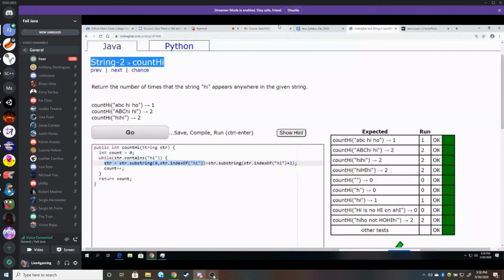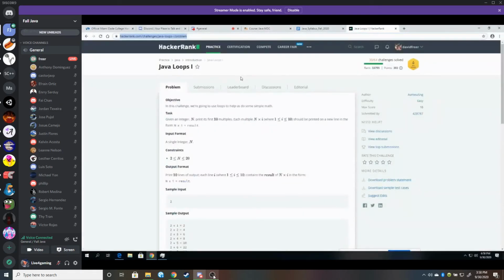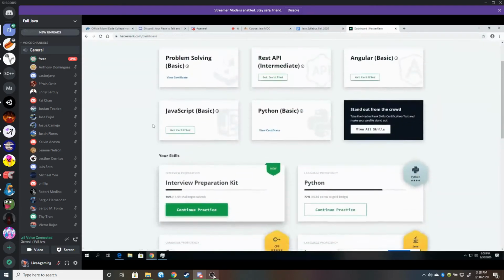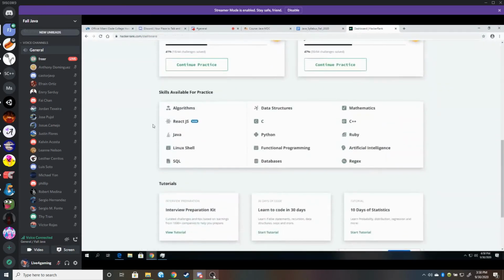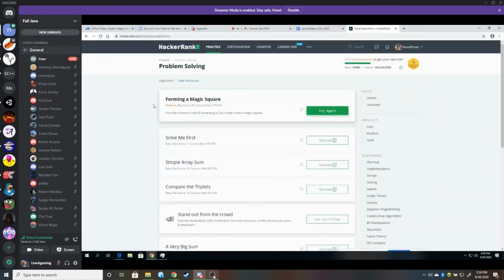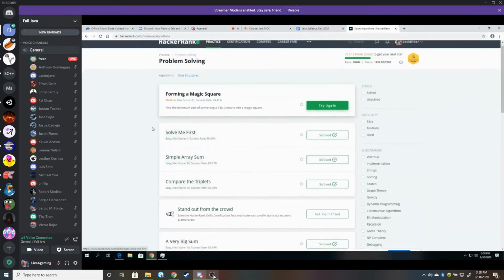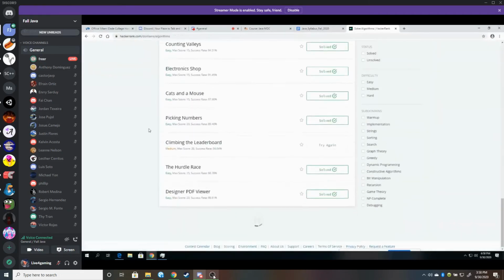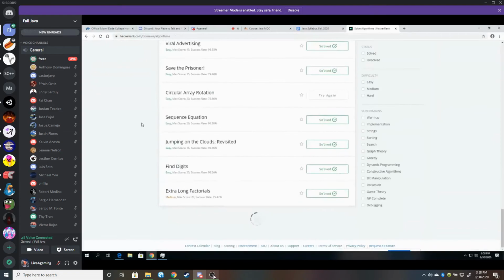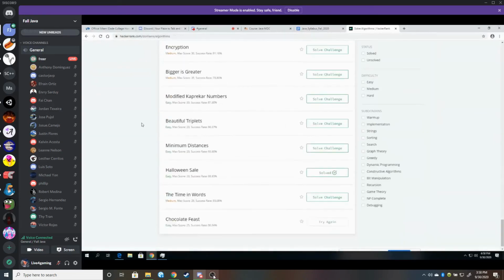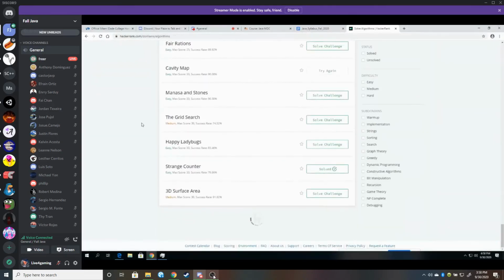And if we wanted to look at a harder problem, let's look at some sort of data. Let's look at an algorithm problem. And see, I've done the easy algorithm problems. Let's look for a hard one. I've done a lot of algorithm problems. But let's go to a hard one.